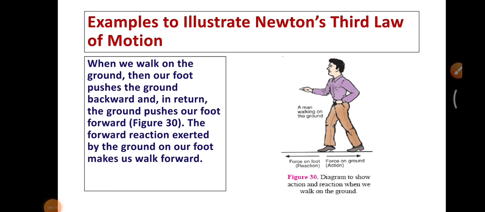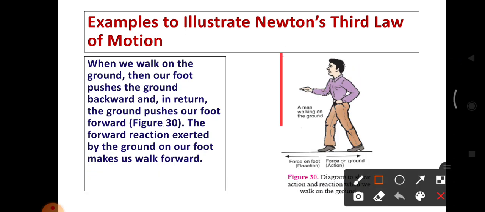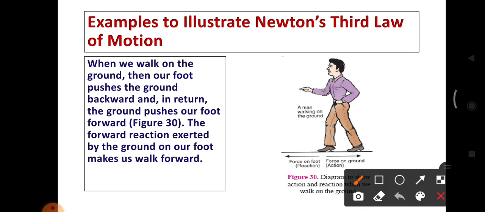So some examples to illustrate Newton's third law of motion. The first one, look at this. Here the man is walking. How is the man walking? When we walk on the ground, our foot pushes the ground backward. In return, the ground pushes our foot forward. So there are two types of forces, one is action force and another one is